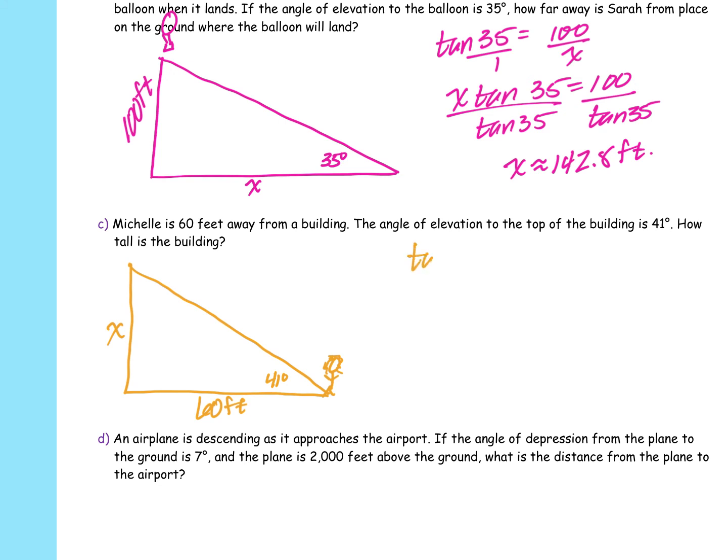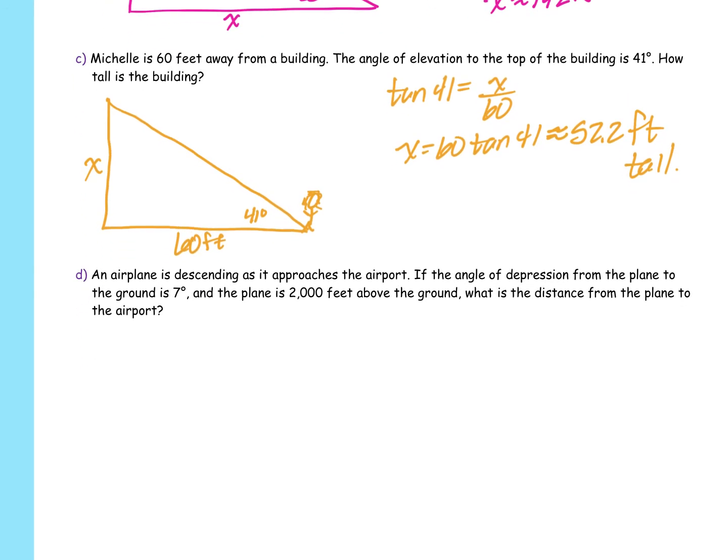Okay. Tangent of 41 equals x over 60. So x is approximately 60 times tan of 41, which is 52.2 feet tall. Questions? Awesome. Okay, and the last question says,